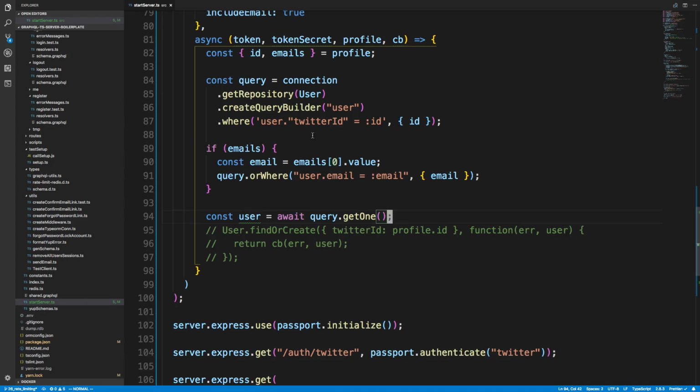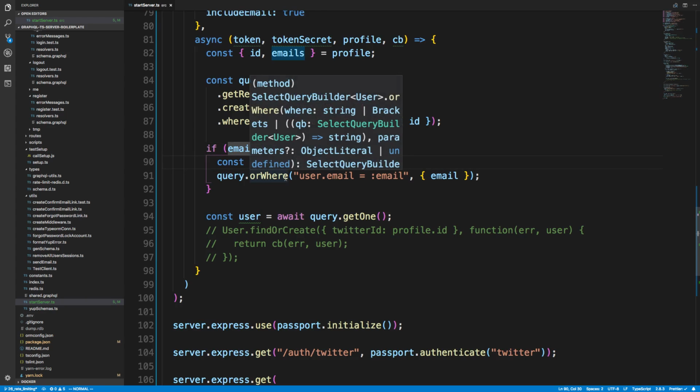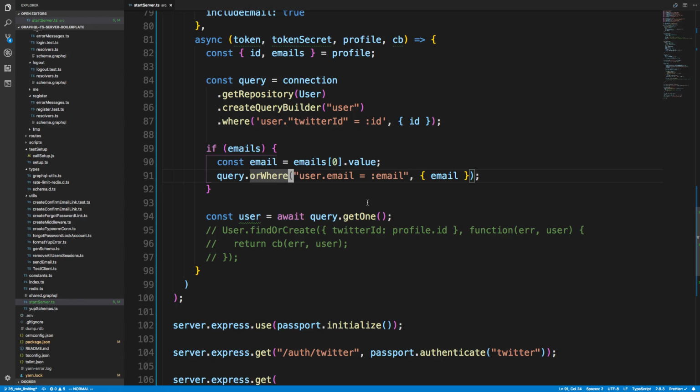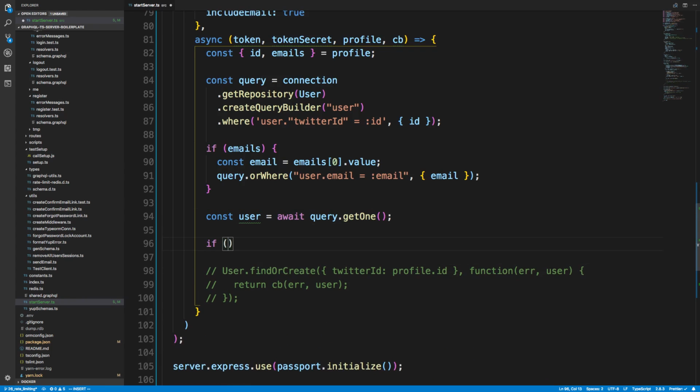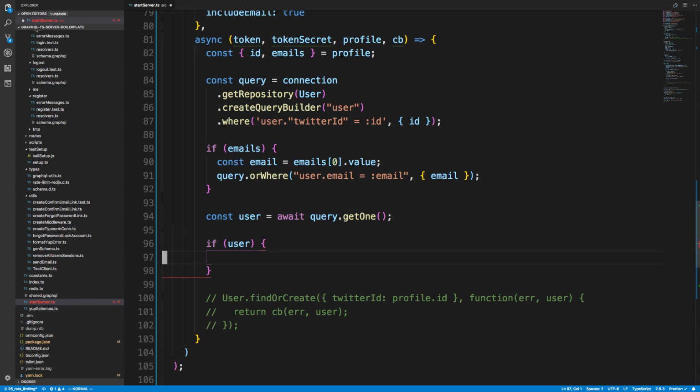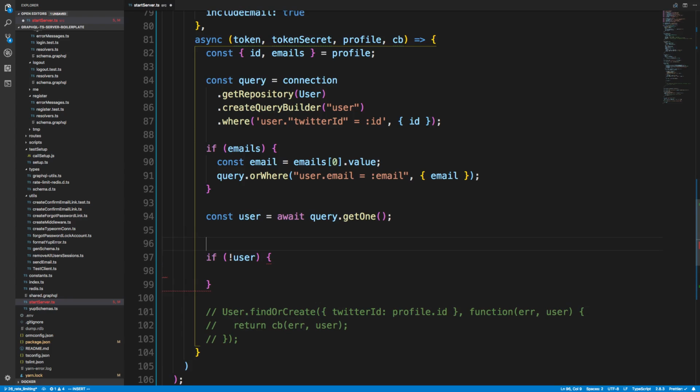Okay, so now what happens is if they just have a Twitter ID, then we're going to search through our database and see if we have any users with that Twitter ID. If they have an email, we're going to get the first one, and we're going to also search if we can find any users in our database with that email. Either way, we're just getting one, and we should really just find one. So next, what we want to do is first if we find a user. So if there's not a user, what this means is this user needs to be registered, or it needs to be created, if you will. So we're going to say